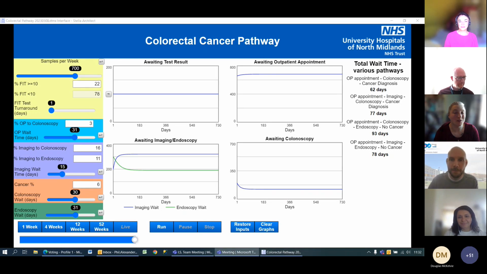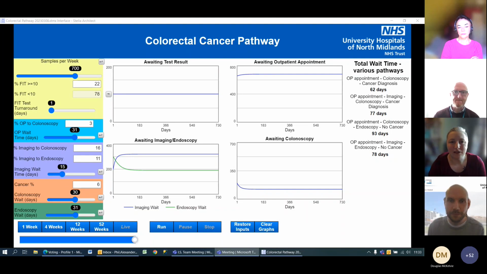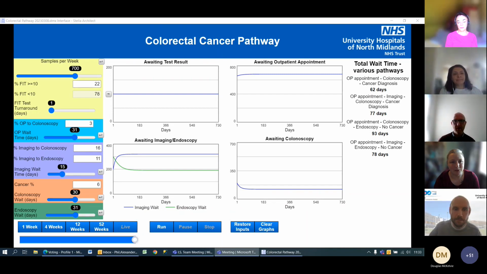It's a really nice model. I really like the way that in your model structure, people can understand how people flow through that structure. You showed a live run there on the interface, but you've also got the buttons so that you could run a little bit of the model, change a number, and run a bit more. Although you've seen it reaching steady state in those charts, there are ways of running for a bit, then increasing or decreasing the number of samples per week, and seeing what impact that has. It's a really nice interface as well. I think you've laid it out really well, so it's easy to understand.